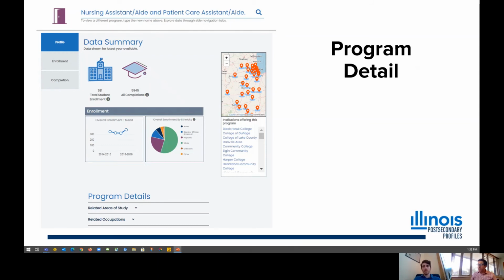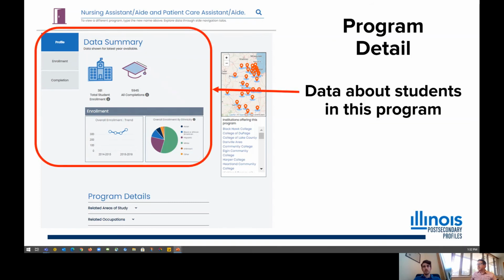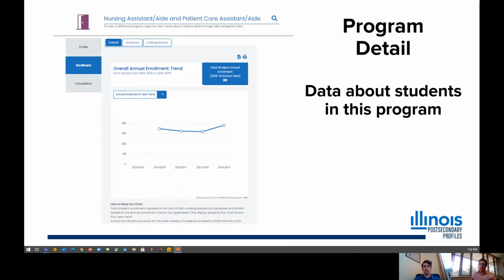We also, and this is super important, can see which institutions are offering this program, and we can see on the map, if we know where we live in the state, we can start to engage with the map and see which programs around us, or which institutions, excuse me, around us offer this program. And so there is a lot of information here on the profile page alone for each program. And so teaching end users to explore this in these regions, the data about students in the program first, is really, really, we think, a great value add of this site.